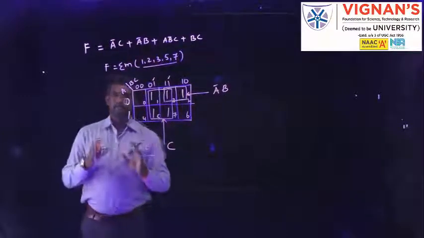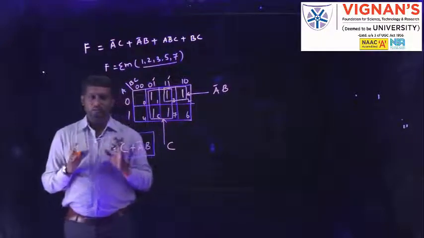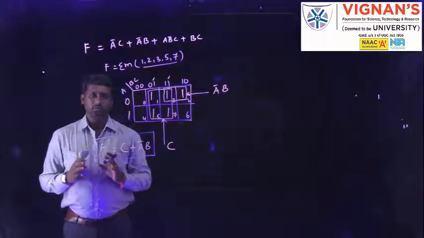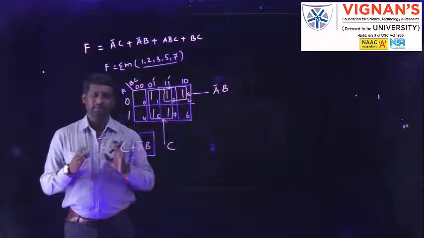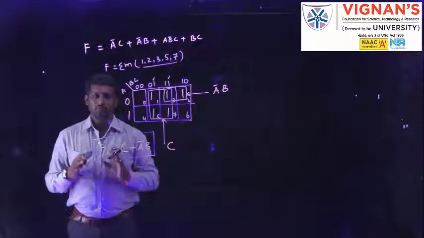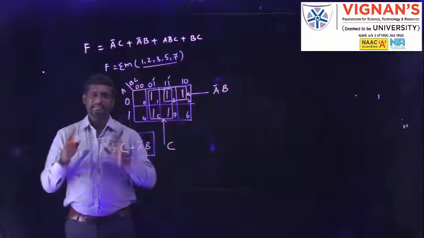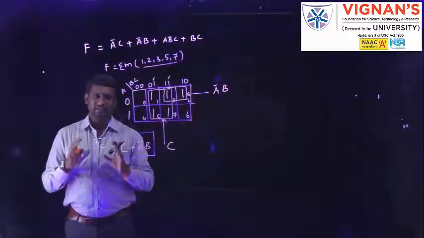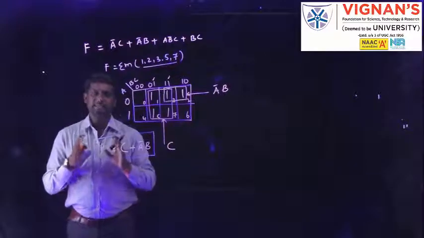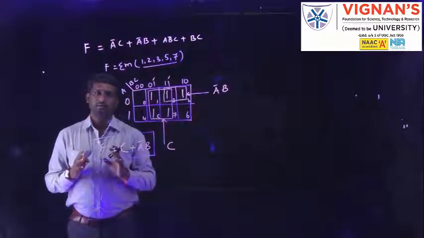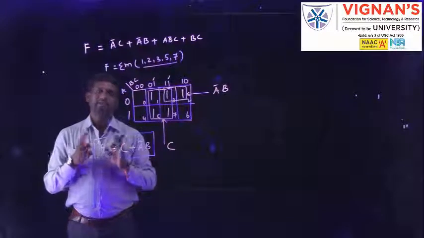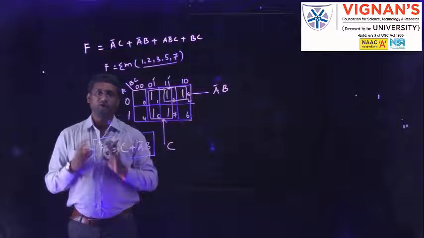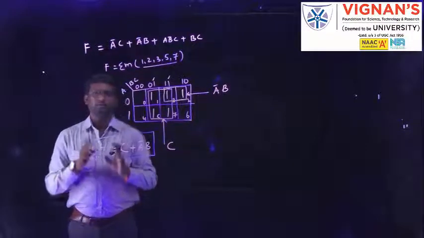So from this model, what we have understood is that in order to represent the K-map, we must require a standard form of Boolean function. If the given Boolean expression is not in standard form, we have to convert it into standard form of Boolean expression by using the complementary law. So what about this problem?